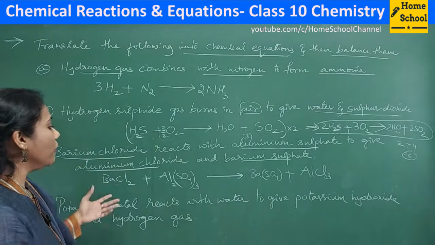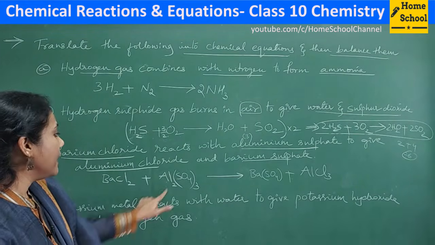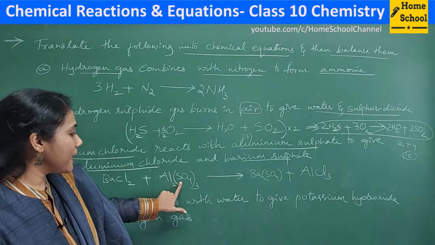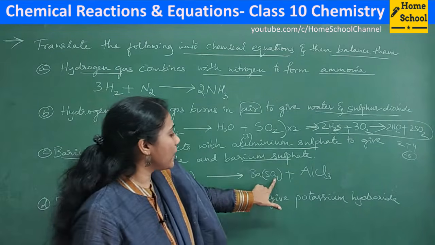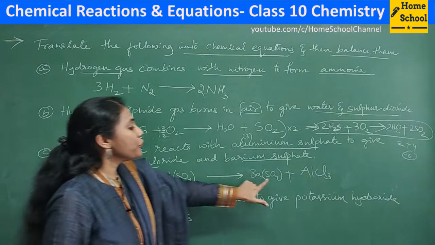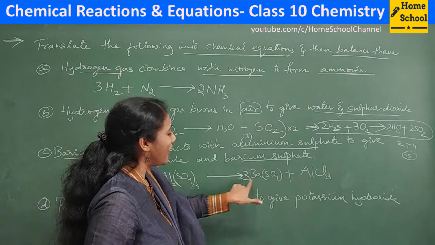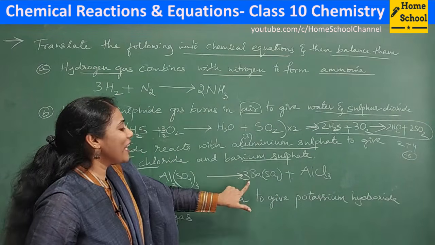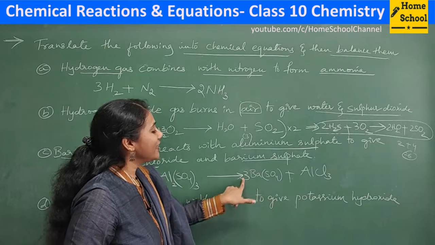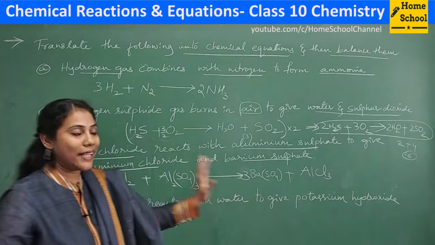Okay, so now how do you balance? Check whether polyatomic groups are there or not. Yes, sulfate is a polyatomic group present on both the reactant side and the product side, right? So how many polyatomic groups? 3 are there. You should make 3 here, so you will put 3. You are not supposed to put 3 here, you have to put it here only. Now this 3 belongs to sulfate, and this 3 belongs to barium also. So sulfate you have balanced.